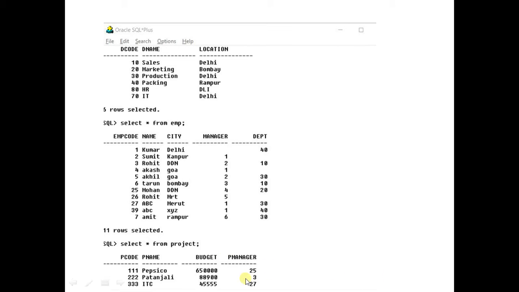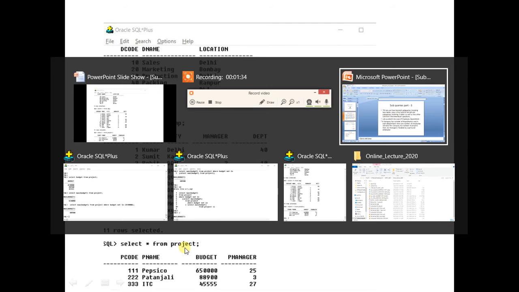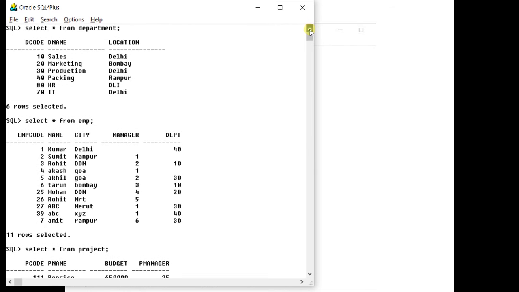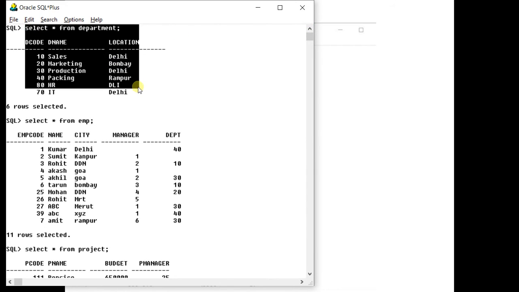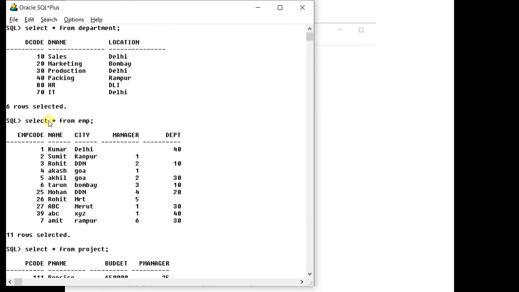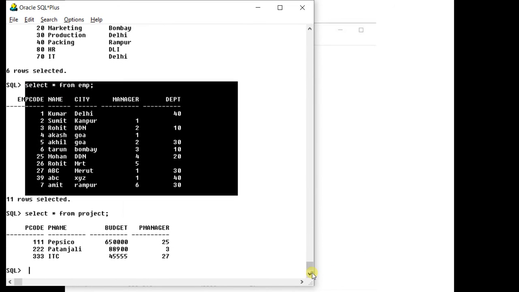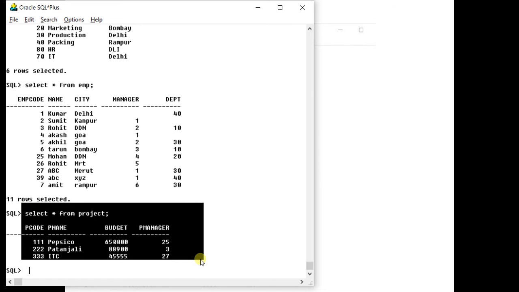In this tutorial, we will make use of this third table, the project table. So before moving ahead, you must create these three tables. It's a very simple table.